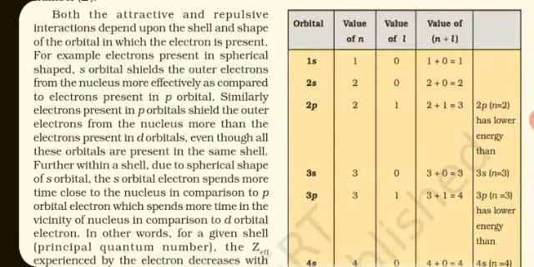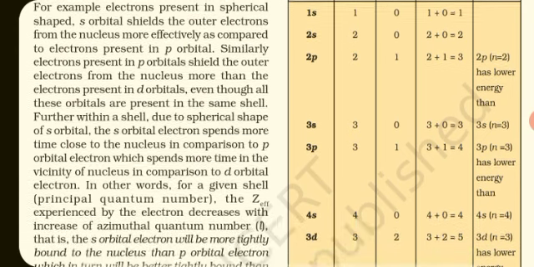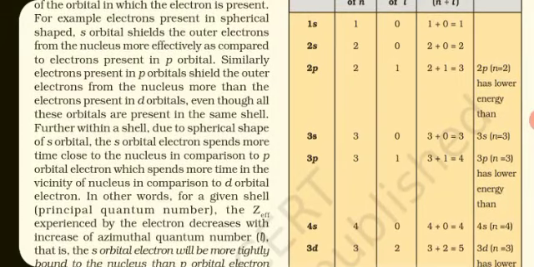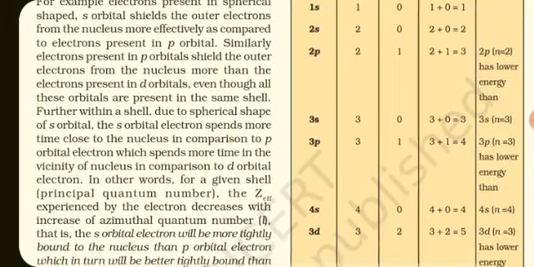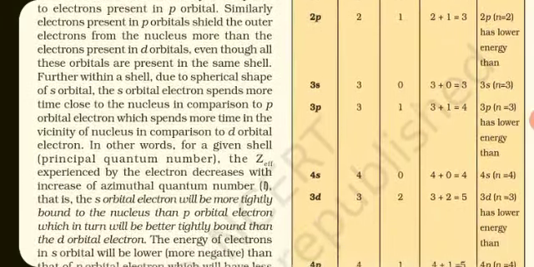So for orbital 1s the value of n is always 1, for 2s or 2p the value of n is always 2, that is the principal quantum number or shell number. The value of n is always equal to the principal quantum number or shell number. So as you can see in the table, for 1s, 1 plus 0; for 2s, 2 plus 0, you will get 2; for 2p you will get 2 plus 1, meaning 3; for 3s we will get 3 plus 0,